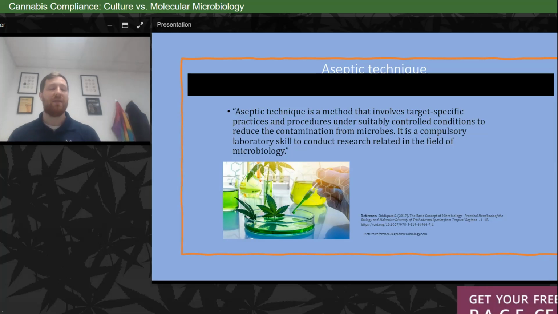Everything that we use in the microbiology lab should be sterile. There are several ways that we can go about sterilizing and confirming aseptic technique. In the past, if they were reusing things, people would flame sterilize, especially if we're pouring agars or using reusable loops. We would flame sterilize to confirm sterility.